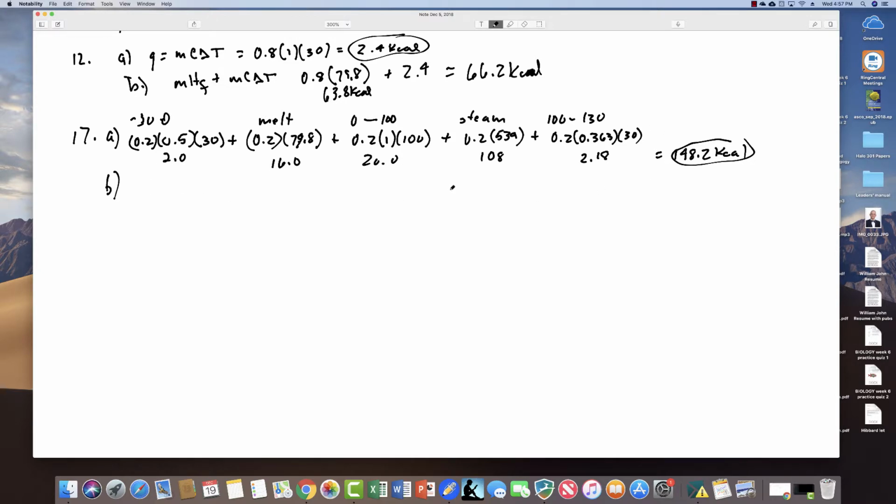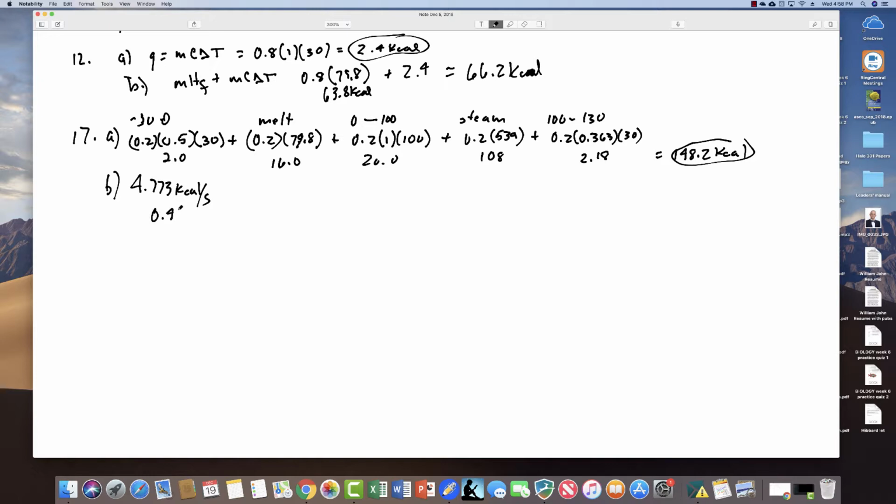And so I could either change every one of these numbers to kilojoules, which would be multiplying each one by 4.19, or I can divide this 20 by 4.19, and I would get 4.773 kilocalories per second. Okay, this was kilojoules per second. It's that many kilocalories. So if we divide this number into this,